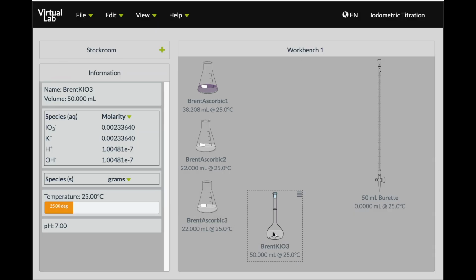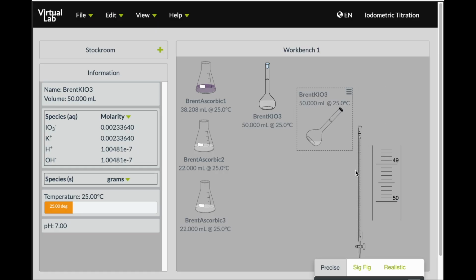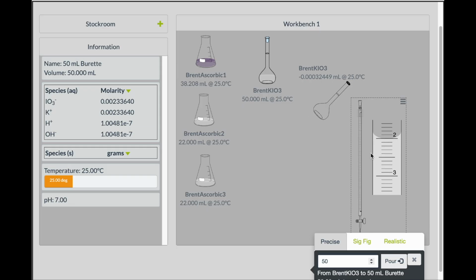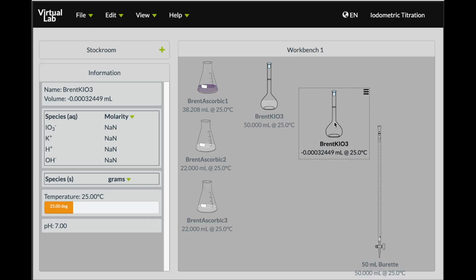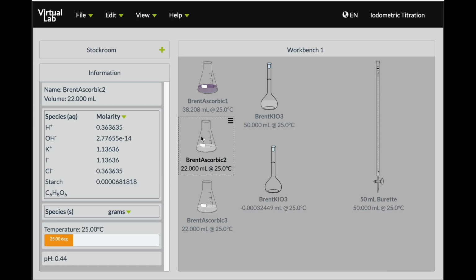And now I'm going to duplicate this one, because then I'm going to have another sample of stock solution for my next titration. So I'm going to do the exact same steps. I'm going to take this. I'm going to add this over here. I'm going to go down, add my 50 milliliters. Pour it, record my value right here, take this value over here, go up, and then grab my second piece,